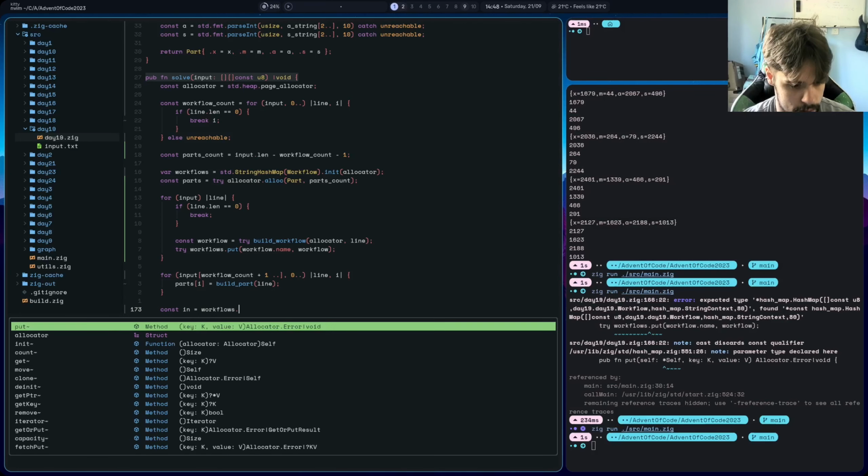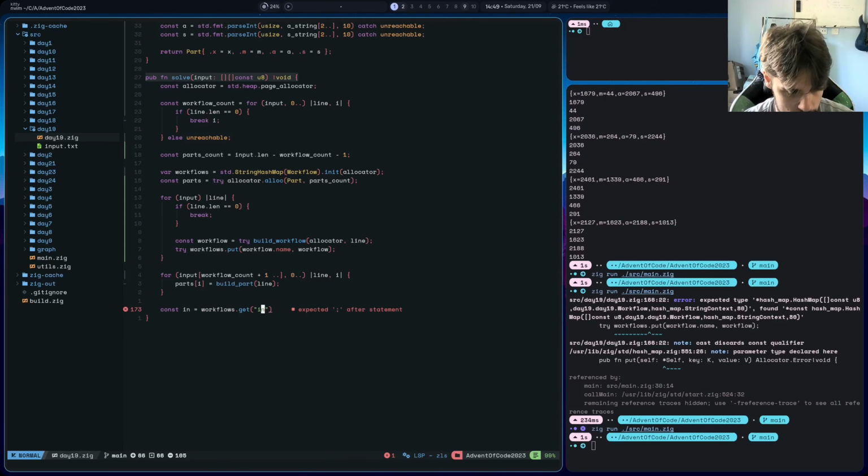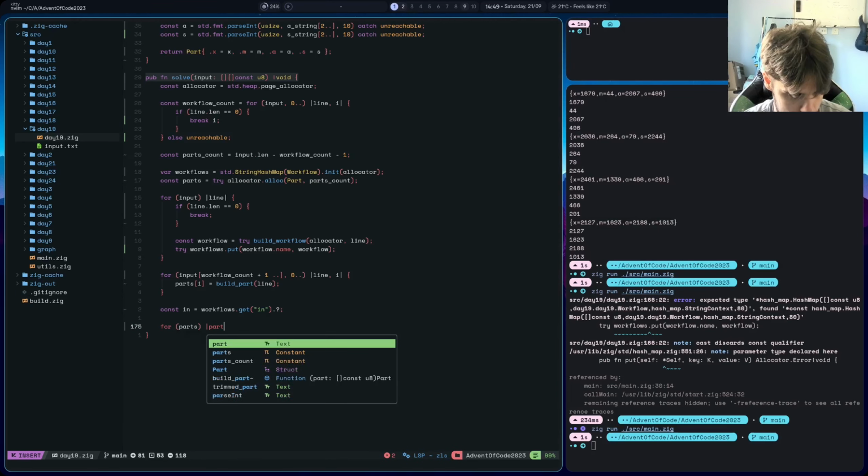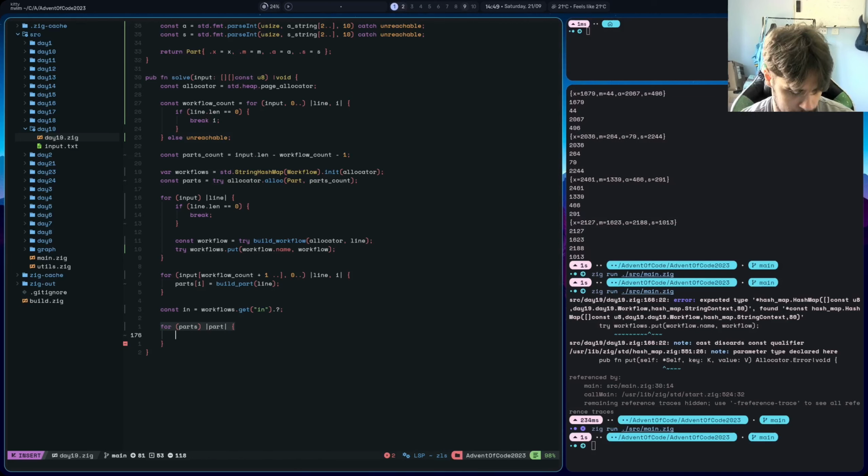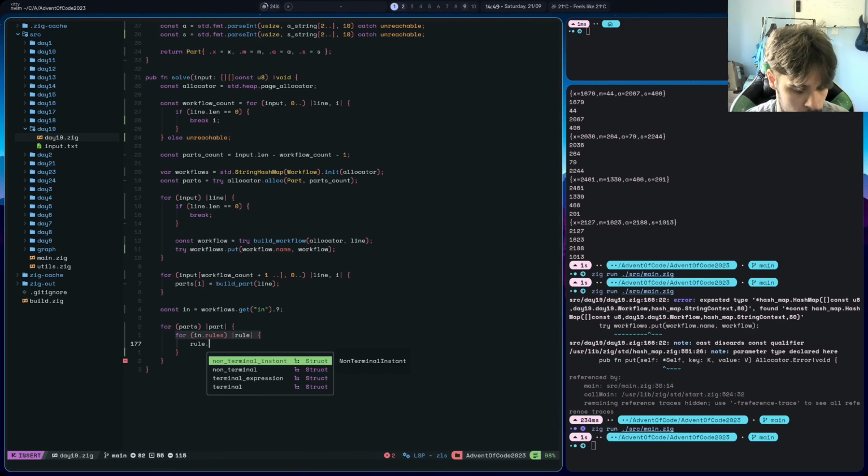Let's do workflows.get, where the key is in. And what we're going to do is go for parts, for each part, we start in dot rules, and then for each rule in dot rules, rule dot